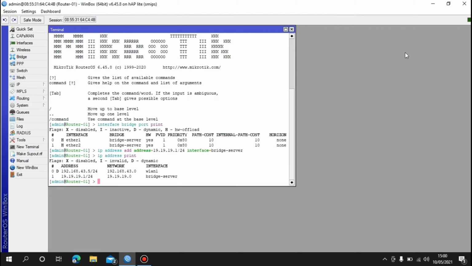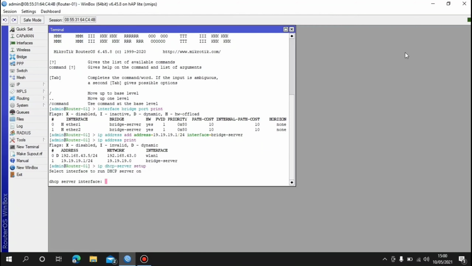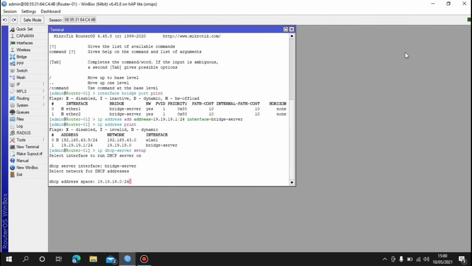Do configure DHCP server with the command IP DHCP server setup, and then enter. Use interface bridge, enter, and leave it all at the default configuration.